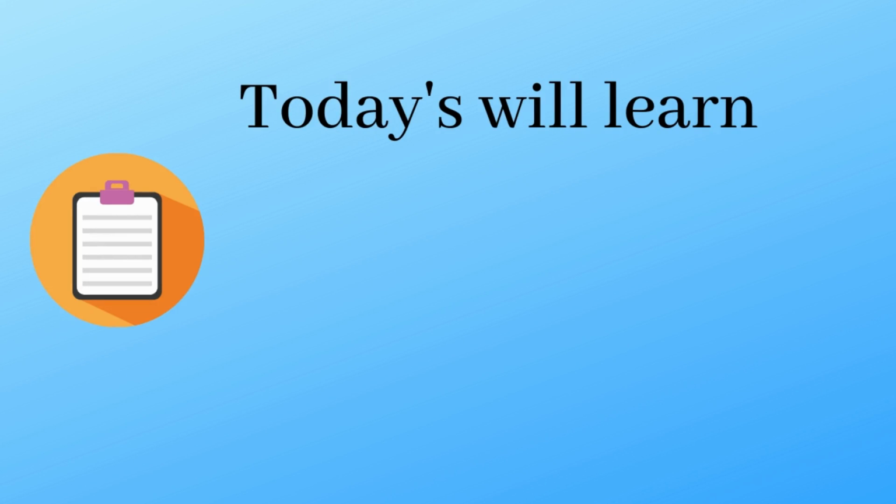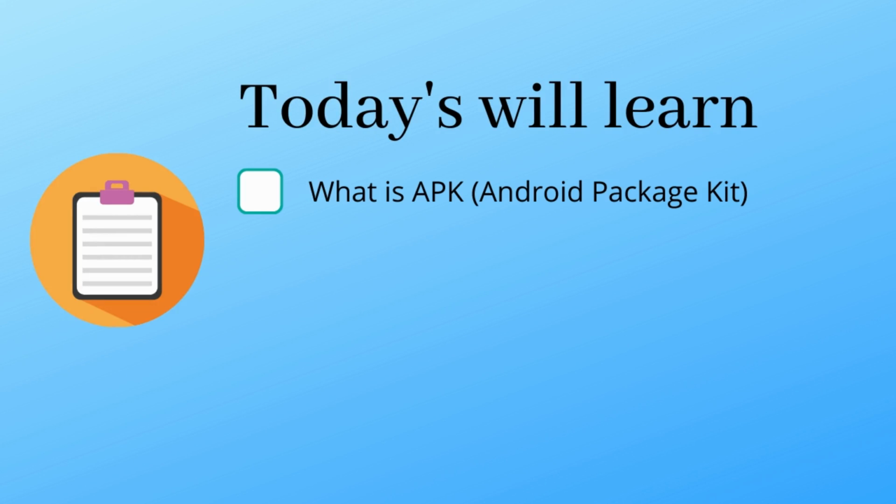Hello friends, and today we are going to talk about APK. To run any application we need a compiled version of that application. In case of .NET it would be an .exe or executable file, and in case of Java it would be a .jar or .war file. And we have the same for Android, and that compiled version is called APK.